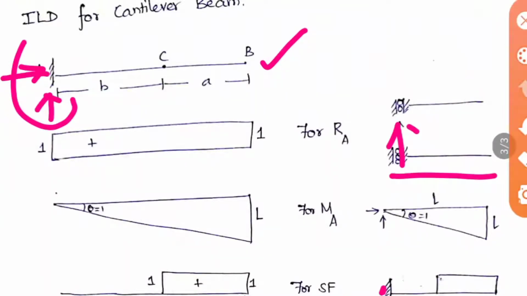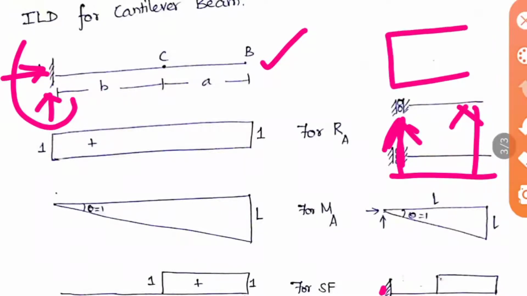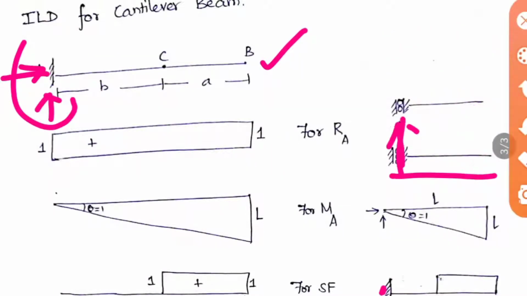Coming to B, it is a free end. A free end does not impart any force or any support to the structure. So whatever happens at A will automatically happen there also. When you lift the structure here, this also will be lifted like this. You can see this shape of deflection happening in the structure. This will be the influence line diagram for RA. On the left side I have drawn the ILD diagram, that is your ILD for reaction RA.